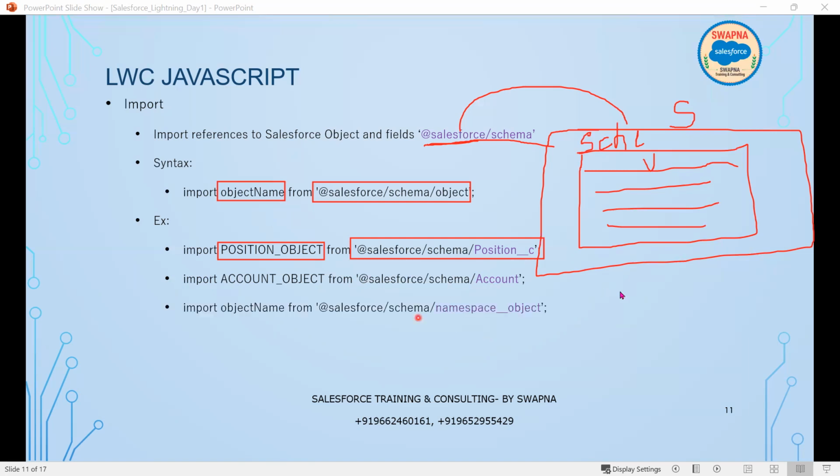Now, you can give any object here. For example, say you have installed a package, assume an unmanaged package, within Salesforce. When you install this package, it also brings some objects. Now, if you want to call those package objects within the LWC,